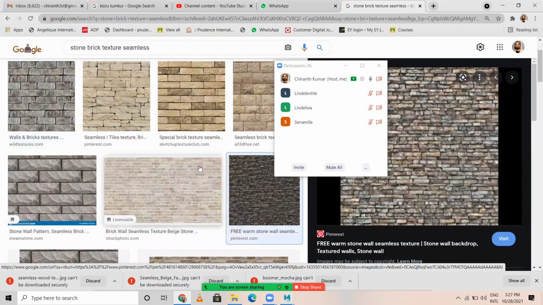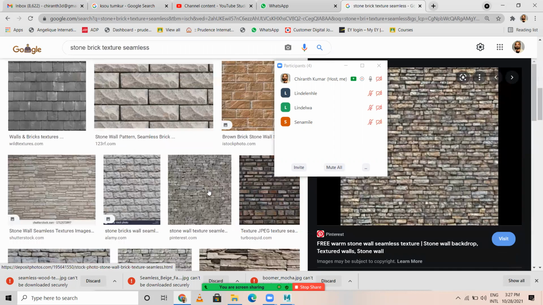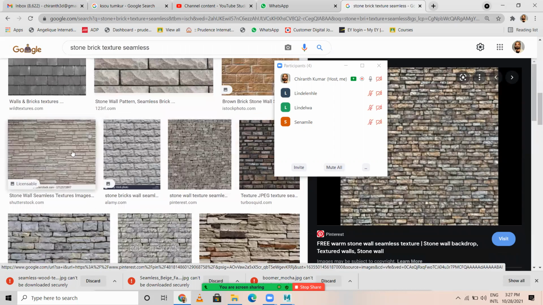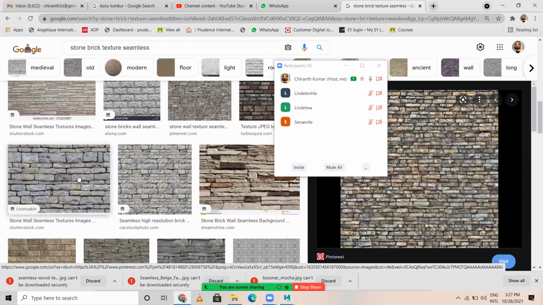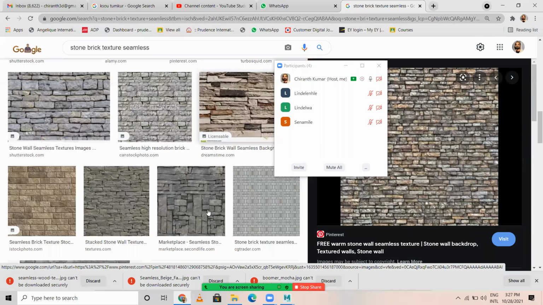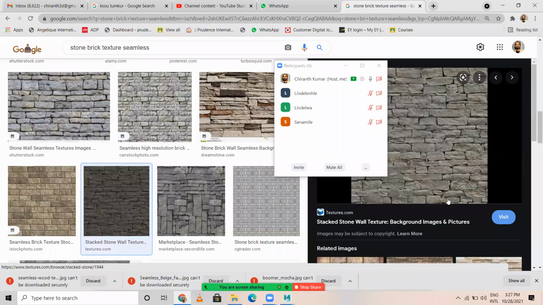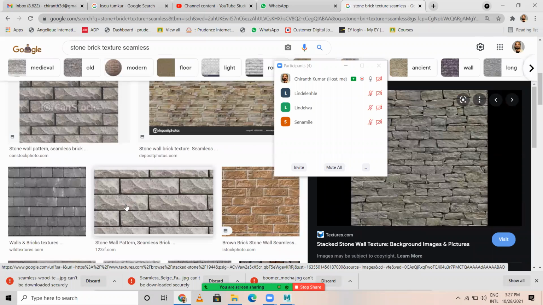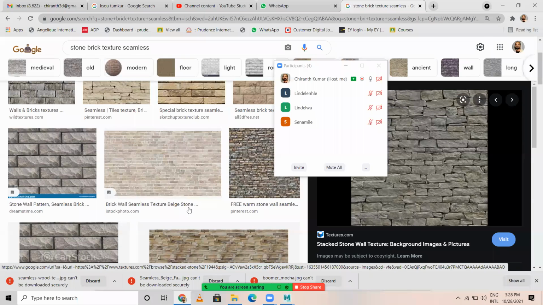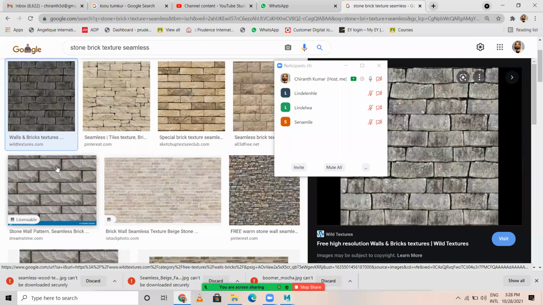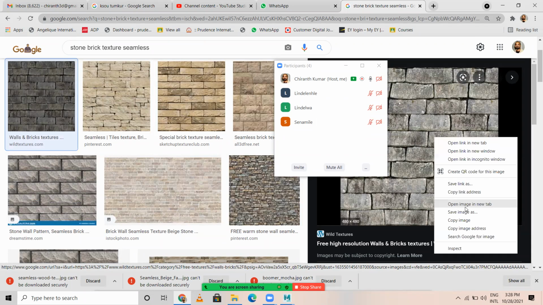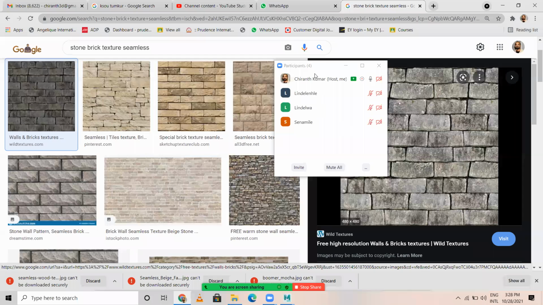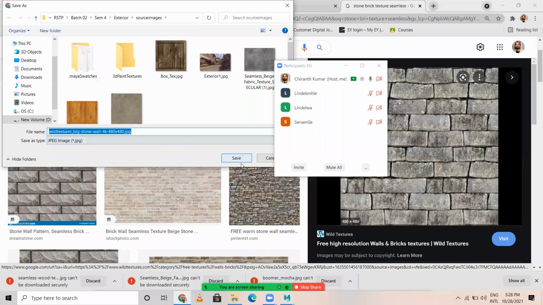Or even, no, not this one. I think this is okay. So right click, save image. I'd like to save this as JPEG, wild texture, big stone.